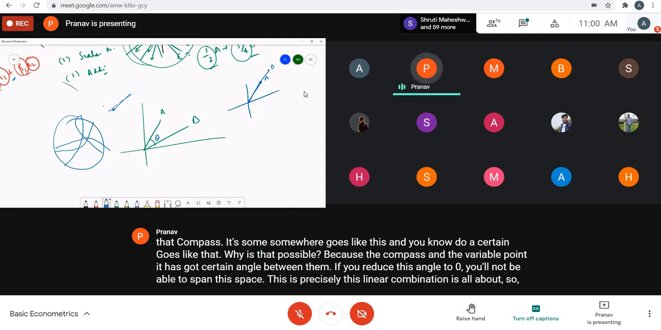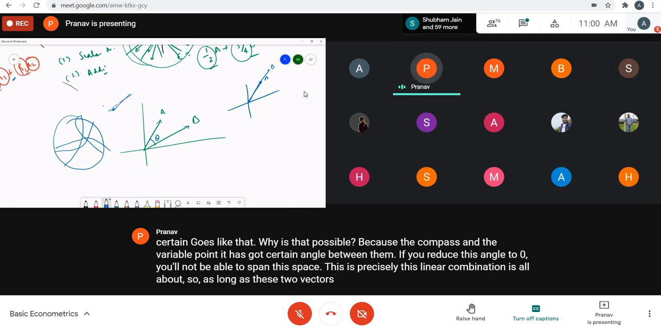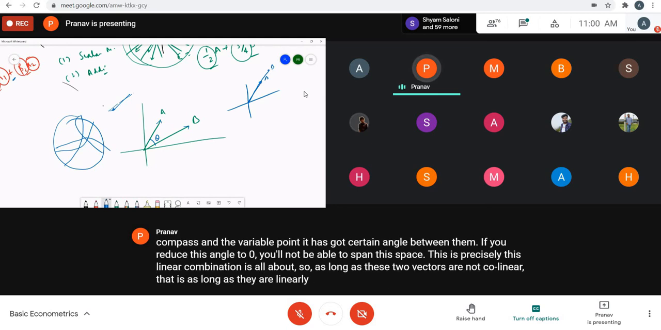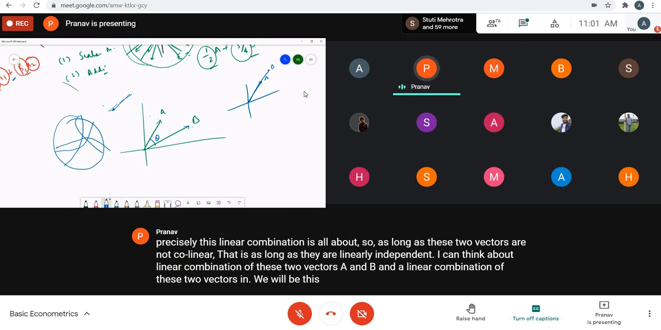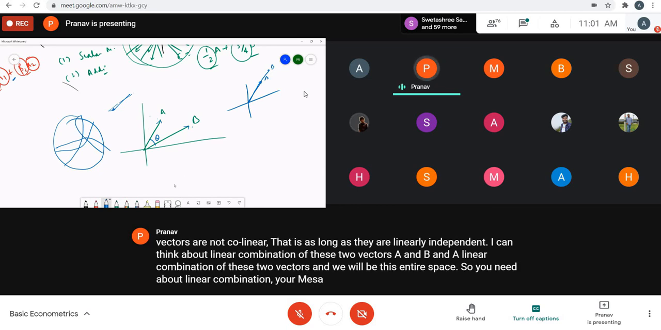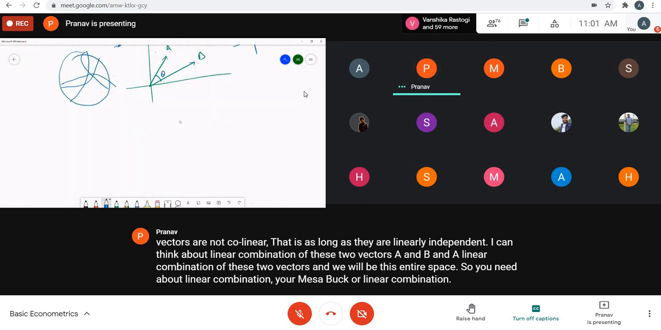So as long as these two vectors are not collinear, that is, as long as they are linearly independent, I can think about linear combinations of these two vectors A and B, and the linear combinations of A and B will span this entire space. So that is linear combination, and why did we talk about linear combination? That's where